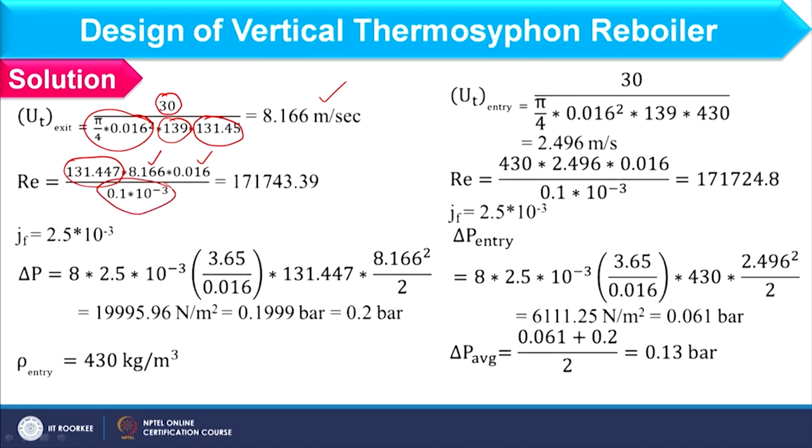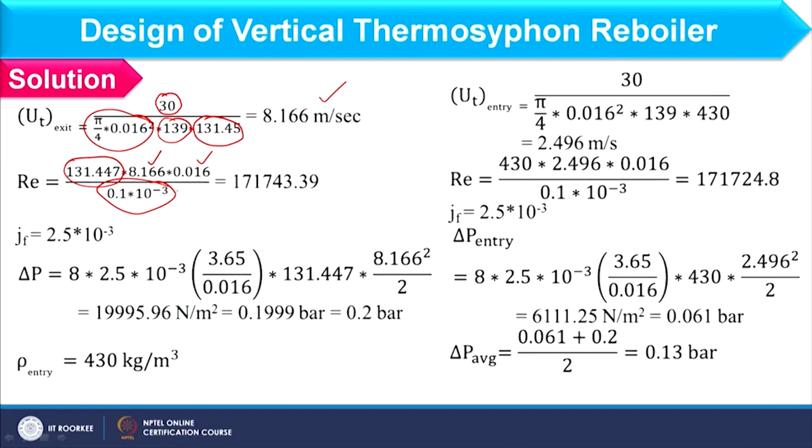Now, what is this? This is basically the viscosity. Okay. Now, here I am not considering the viscosity of the mixture, I am considering viscosity of the liquid, because we have 4 times more liquid which is at exit condition. Okay. So, obviously when I compare the viscosity of liquid as well as vapor, the viscosity will be more towards liquid side, right. So, in this way we are considering viscosity of liquid like 0.1 into 10⁻³. Okay, and considering all these parameters, I can find Reynolds number as 1.72 into 10 to power 5, and we